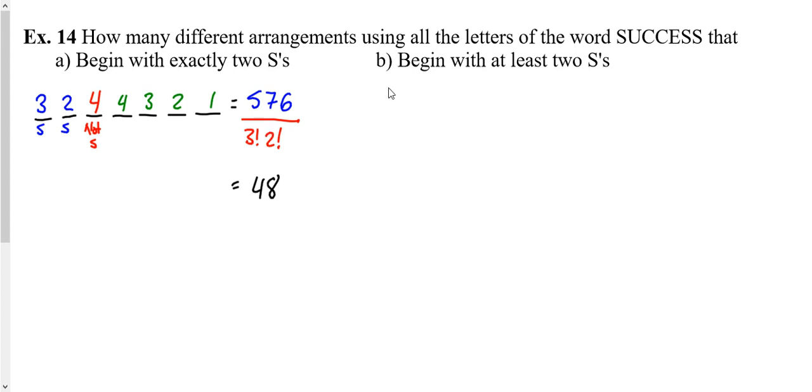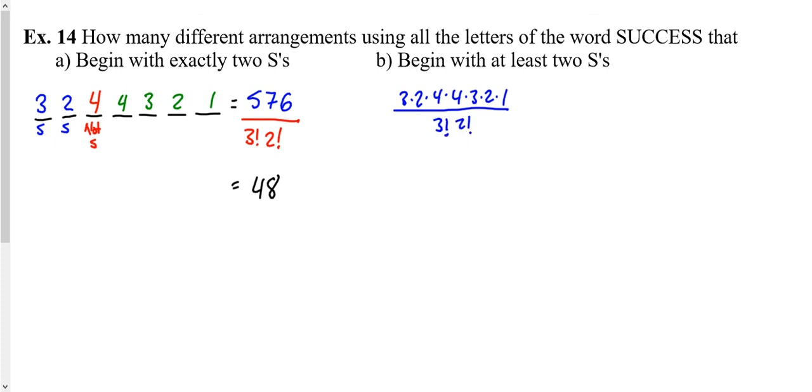In part B here, it says begins with at least 2 S's. So at least 2 S's means you could have had 2 S's, just like this first case, or you could have had all 3 S's. Or meaning to add, by the way. So I'm going to set up both of these examples here. So if you had 2 S's, so let's do 2 cases. So if you had 2 S's, you'd have 3 times 2 times 4 times 4, 3, 2, 1. Of course, dividing off repetition, 3 factorial,